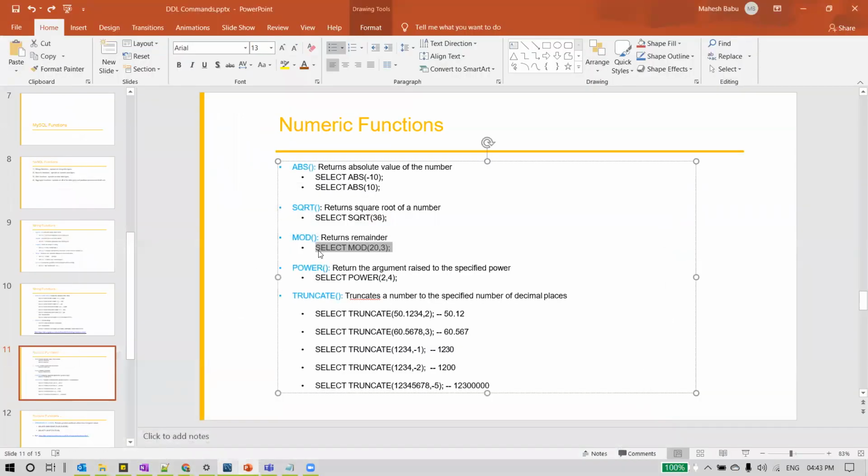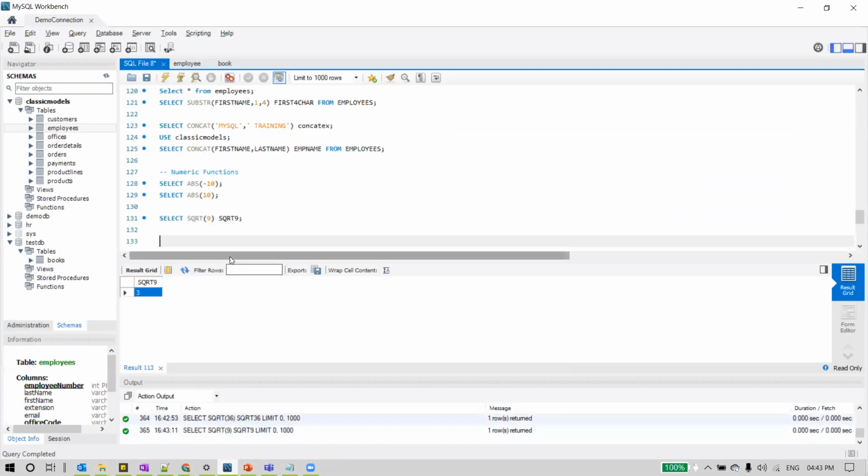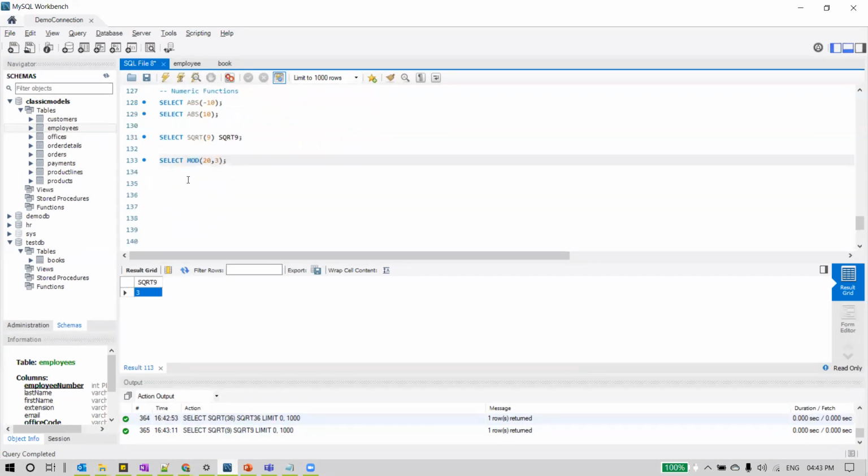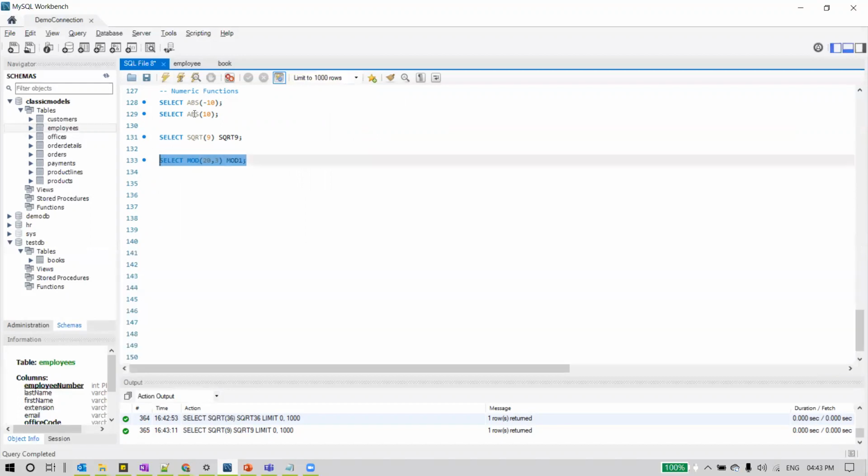And modulus. Modulus returns the remainder of those two numbers. So when 20 is divided by 3, what is the remainder we get? That is what this MOD function returns us. I'll just say some alias MOD1.